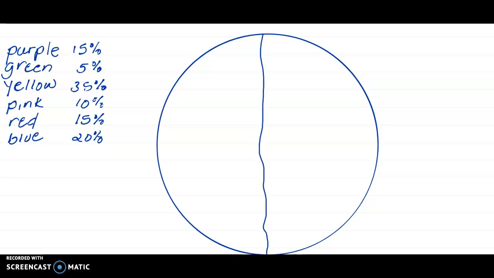divide my spinner in half so that I know this is 50%. And that makes it so then if I look at purple and yellow equal 50%. These two, 15 and 35, that's 50% of my spinner. So I can figure out pretty much about halfway would be 25%, but I need 35% and 15%,